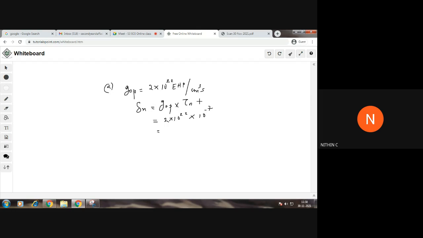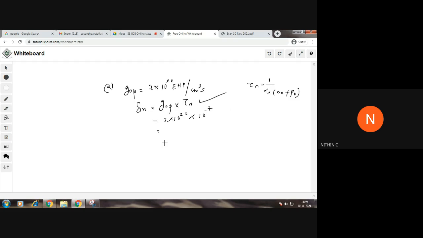ഈ എക്സ്പ്രഷൻ ആണ് നമ്മൾ പഠിച്ചു വെച്ചിട്ടുള്ളത്. Delta n is equal to GOP into tau n. റൈറ്റ്. ഈ tau ന്റെ റെപ്രസെന്റേഷൻ ആണ് നമ്മളിപ്പോ നേരത്തെ പറഞ്ഞ 1 by alpha r into N0 plus P0 എന്ന് പറയുന്നത്. ഈ രണ്ട് എക്സ്പ്രഷൻസ് ഉണ്ടെങ്കിൽ ഈ ഒരു ടൈപ്പ് ഓഫ് ഏത് ക്വസ്റ്റ്യൻ ആണെങ്കിലും നമുക്ക് ചെയ്യാൻ പറ്റും.